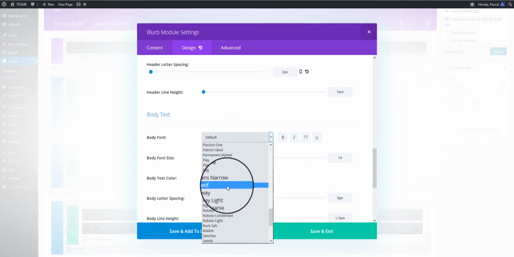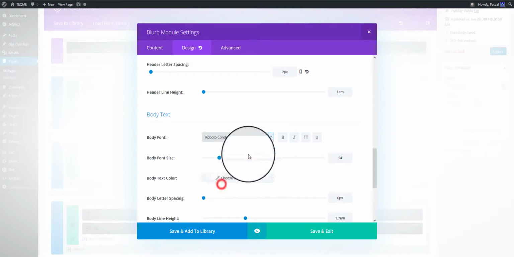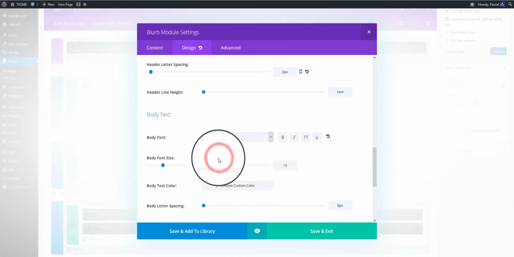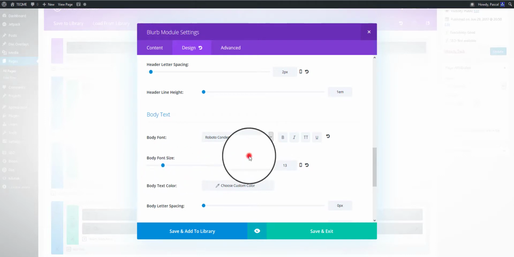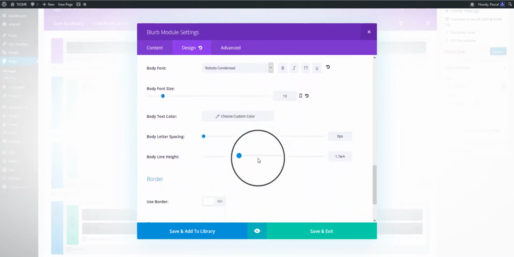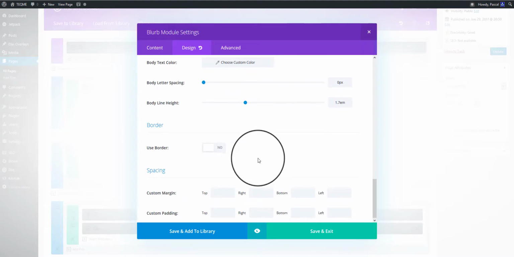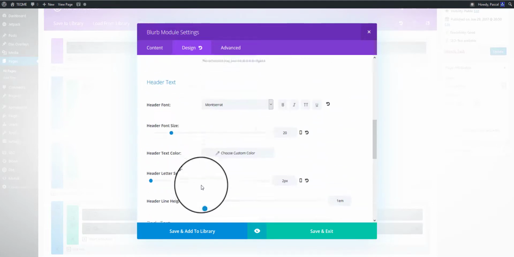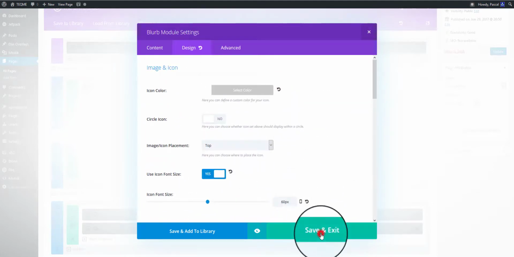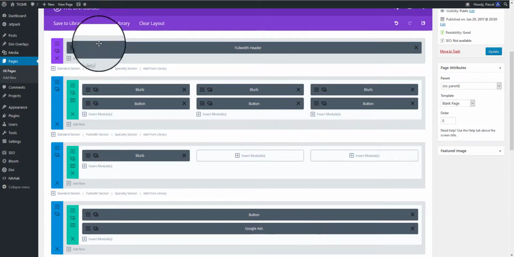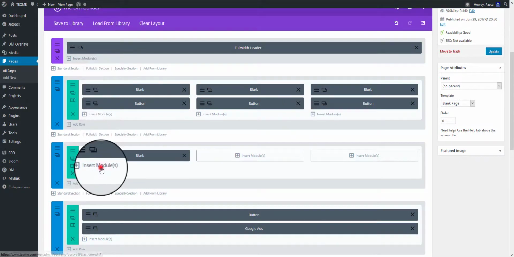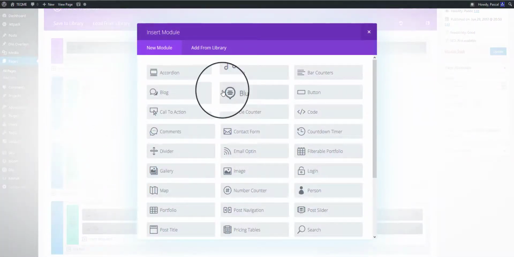For the body font, we're going to use Roboto Condensed. Body font size we bring down to 13. Should be enough. And that should be it for the blurb module. Save and exit. Now we're going to bring in the second module, the button module, to have some kind of